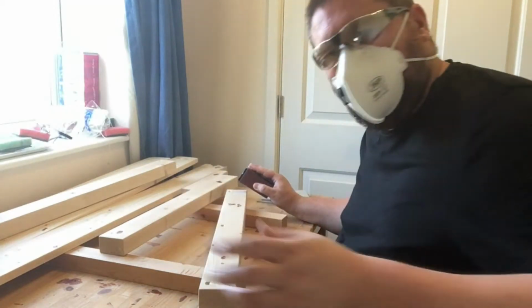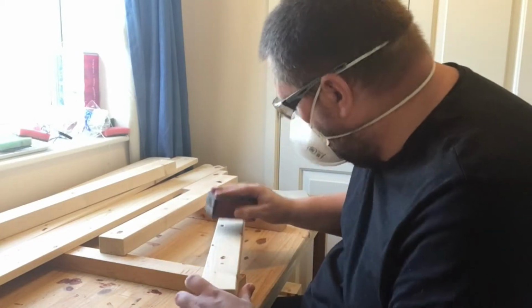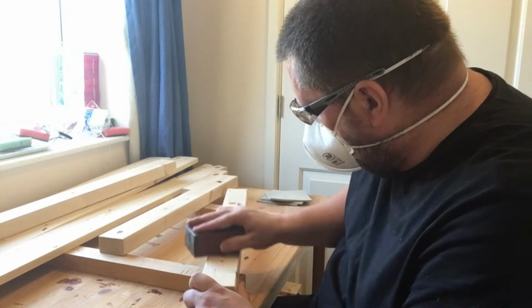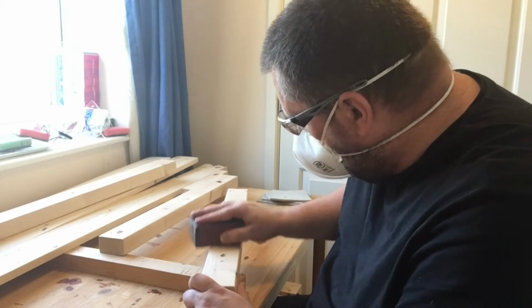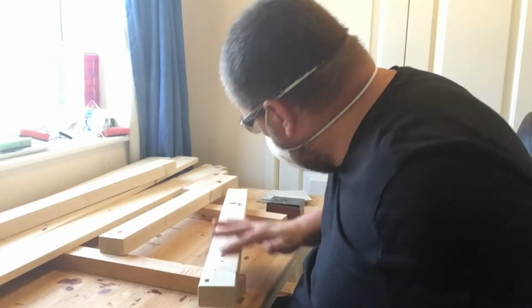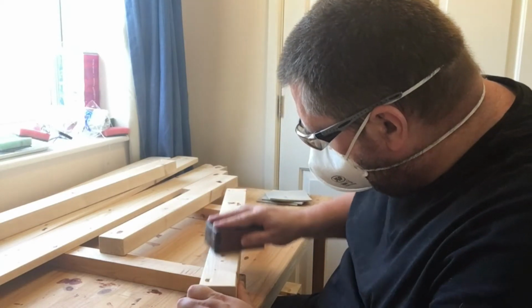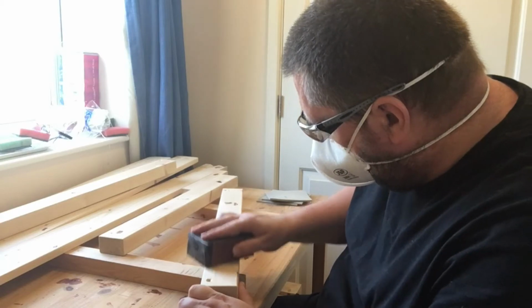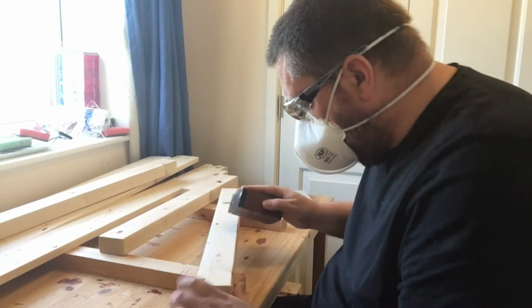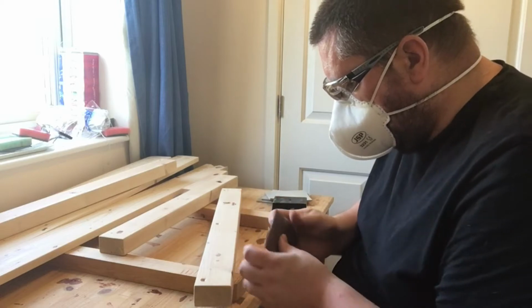No, I think the end result is going to look quite similar. Maybe it's just, I mean, that's on a very small piece, so it's hard to tell. It's got a slight. Oh,